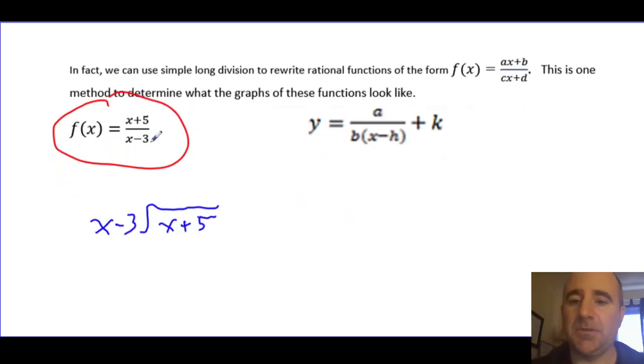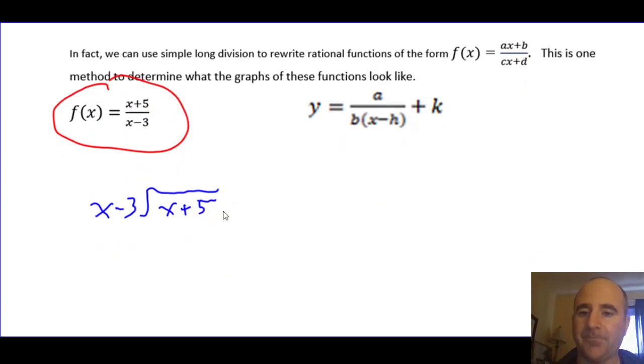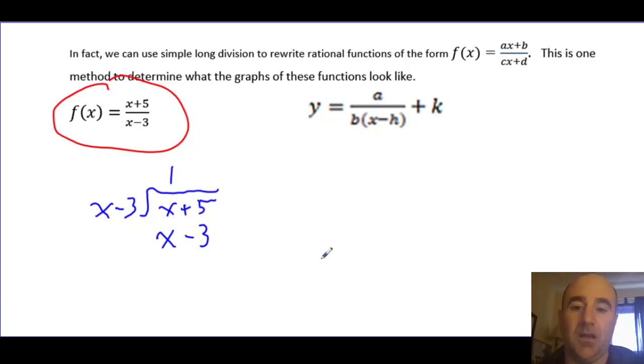Okay, so I'm taking x plus 5 and dividing it by x minus 3 using long division. So I set it up like this. Make sure you get them in the right spot because it can be hard to tell. How many times does x minus 3 go into x plus 5? Well, it really only goes in one time. 1 times x gives you x, and 1 times negative 3 gives you negative 3. And then we subtract,